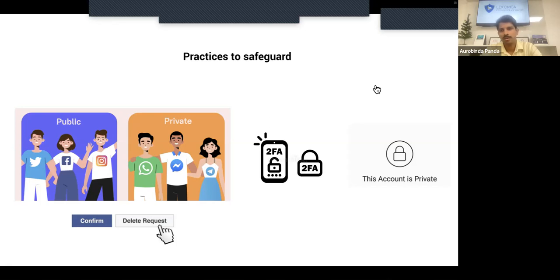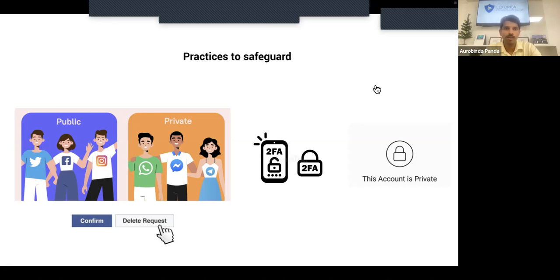You might have seen "this account is private" on Instagram, to be particular. Why? Because they have set it to private, right? Instagram is more vulnerable, because you have pictures, videos, and small instances out there. So if you make it private, that is more secure rather than making it public.